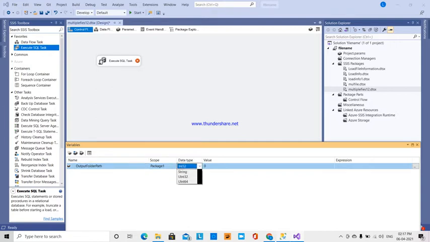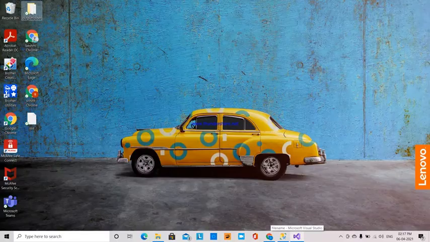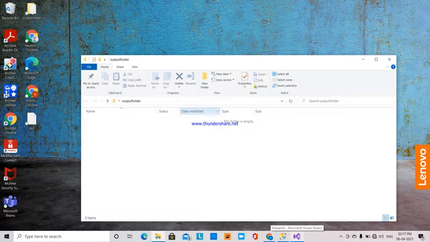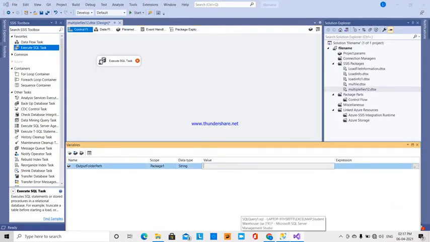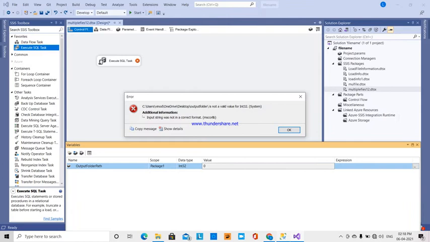The data type will be string, and the value will be the path where I'm going to store those flat files. So Control V, I have pasted here. Okay, I have created an output folder.